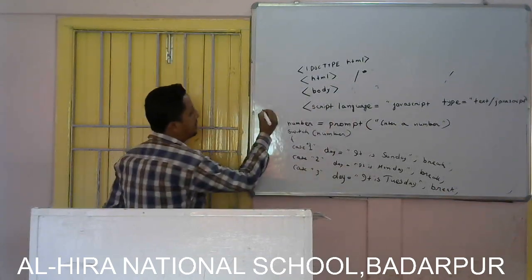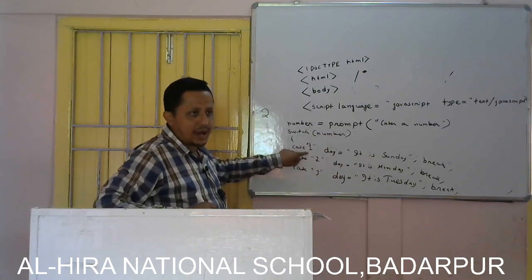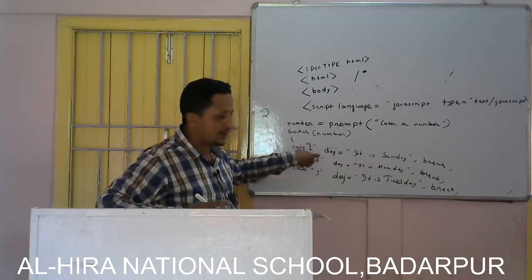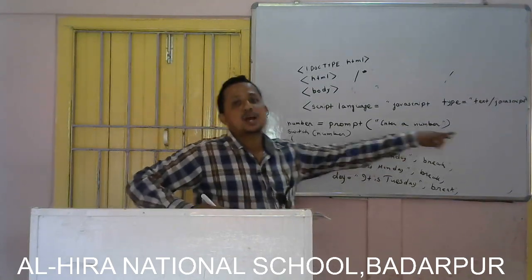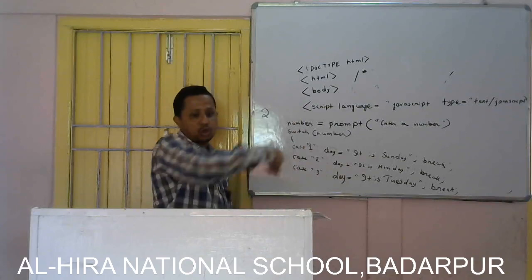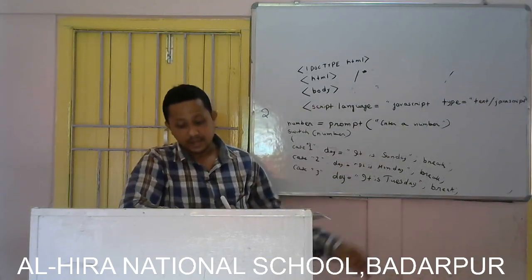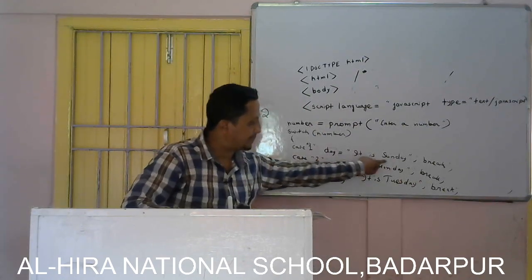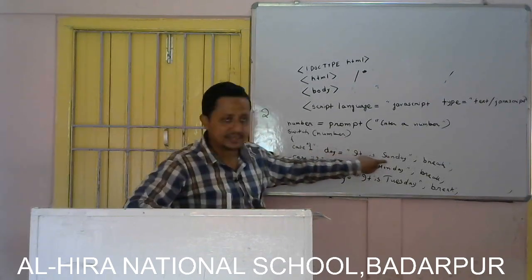Say I have given the value 2, so it will switch on 2. Now case 1, whether the value is 2, no it is not, so it will not show this; it will go here, then it will show the result like this: it is Monday. Like this it checks all the conditions. If the expression is not equal to constant 1, it checks constant 2 again. If it is equal to this, it will execute this group of statements. First it will check here and it will execute this statement.